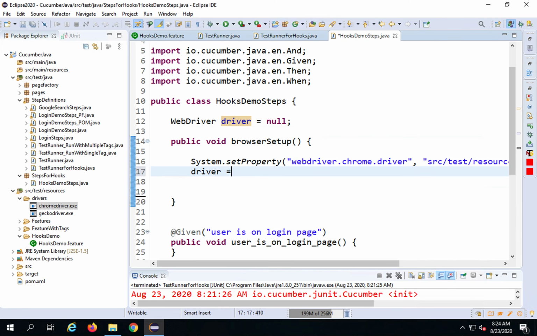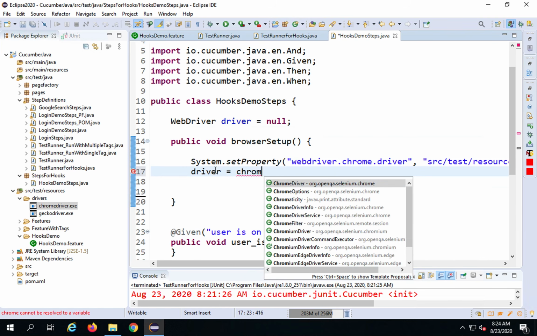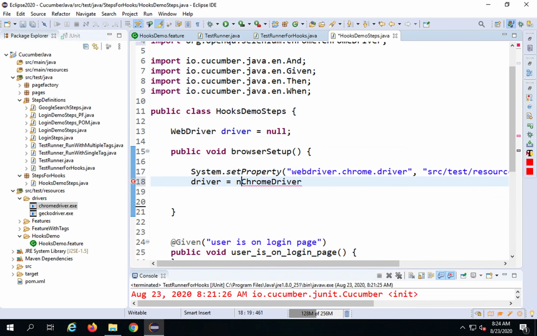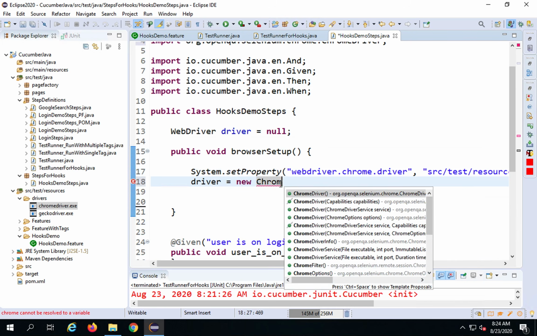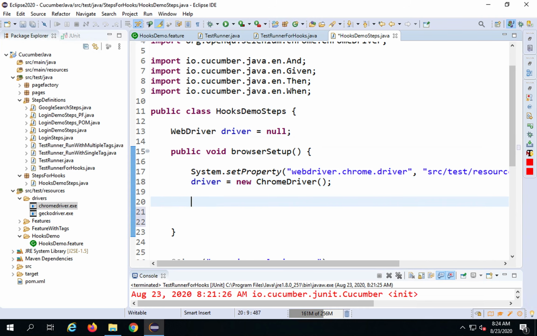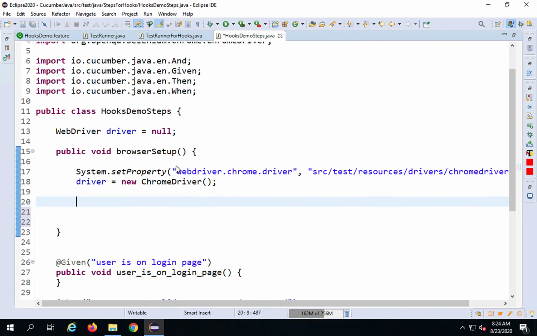I will say driver equals to new ChromeDriver. So with this I have set up the driver. I can also use some other setup. I can say here driver dot